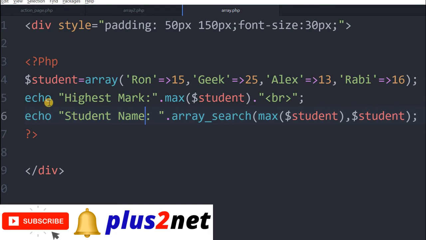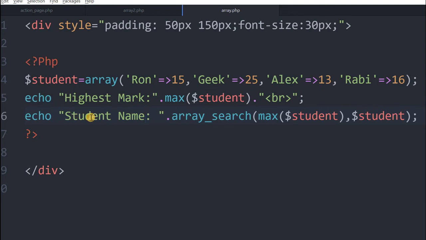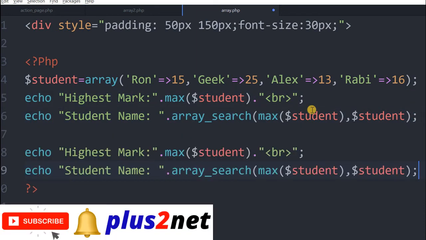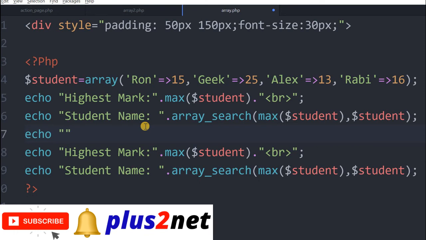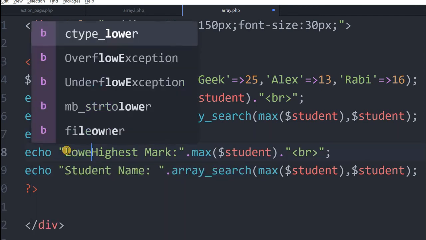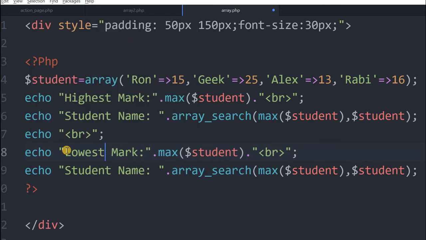Now I saved it. Let's go for who has got the minimum mark. You will do nothing, just copy this and paste it here. Here I will give a line break. Now instead of highest, write lowest, or whatever text you want.